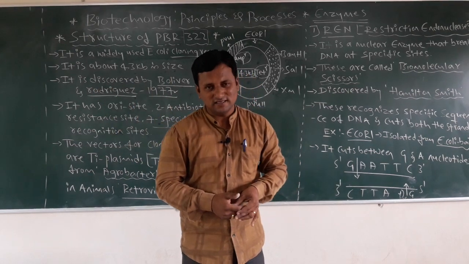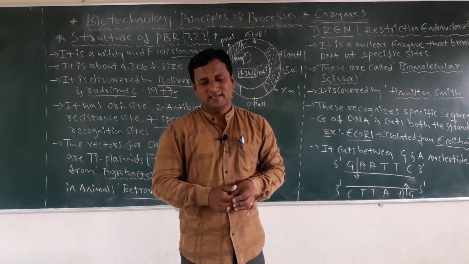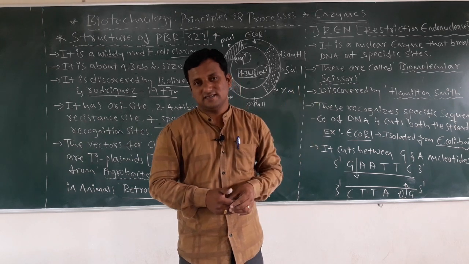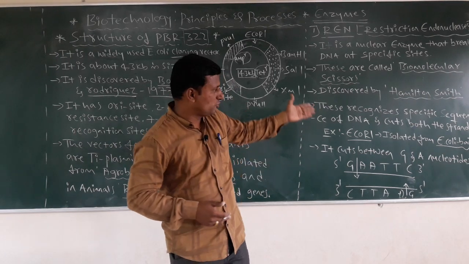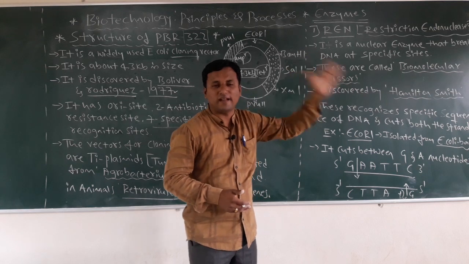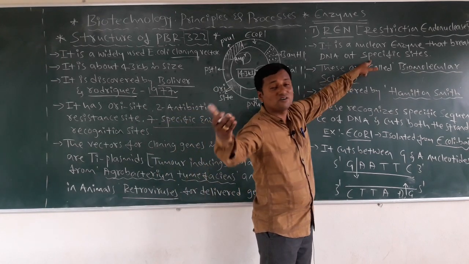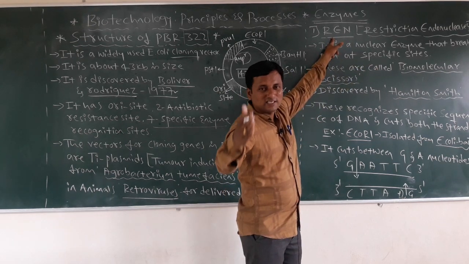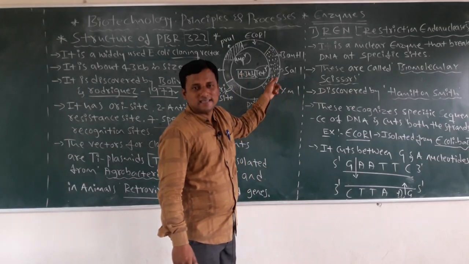A, T, G, C nitrogen bases. In RNA, A, U, G, C nitrogen bases. These nitrogen bases undergo self-replication with complementary base pairs. I will tell you about that later. First, come to where they break. They break at specific sites because there are a number of REN enzymes, so in particular sites they break the DNA.